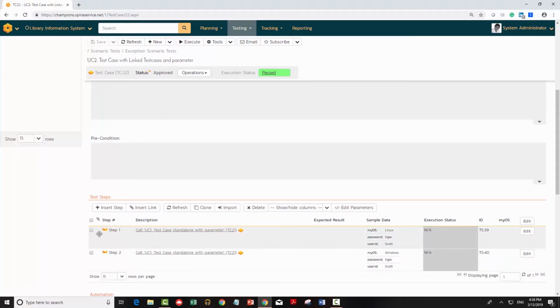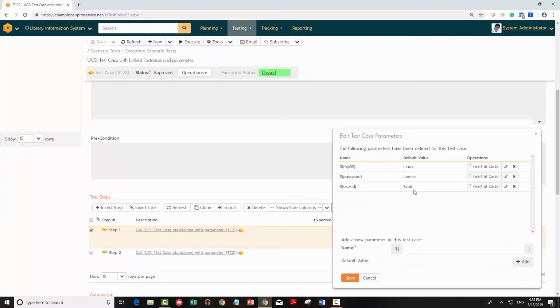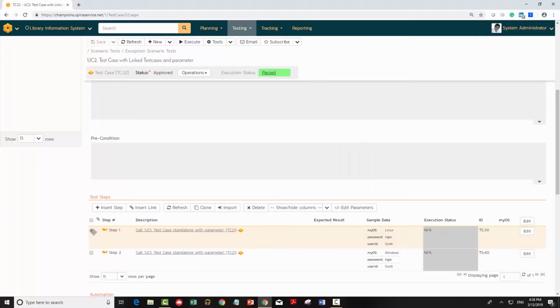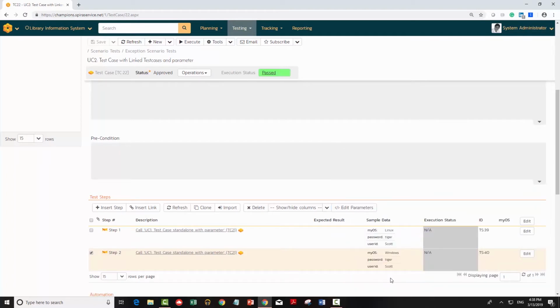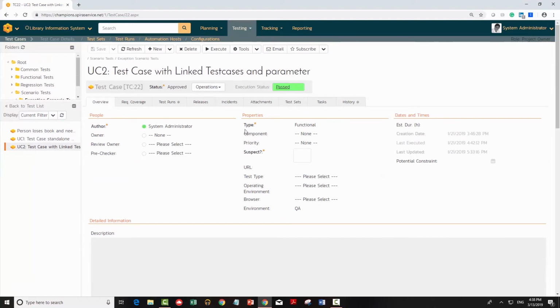Now what are the differences? So because there are two steps over here, let me select one of them and then click on the parameter here. So when I click on this one, it basically says Linux, use Linux, and Scott, Linus as the password. Right? And then when you go and look at this one, the second option, it says Linux, Scott, and Linux. So I basically have passed different parameters over here potentially, right? So basically Windows and Linux are the change over here. Now if I go ahead and execute this particular one,